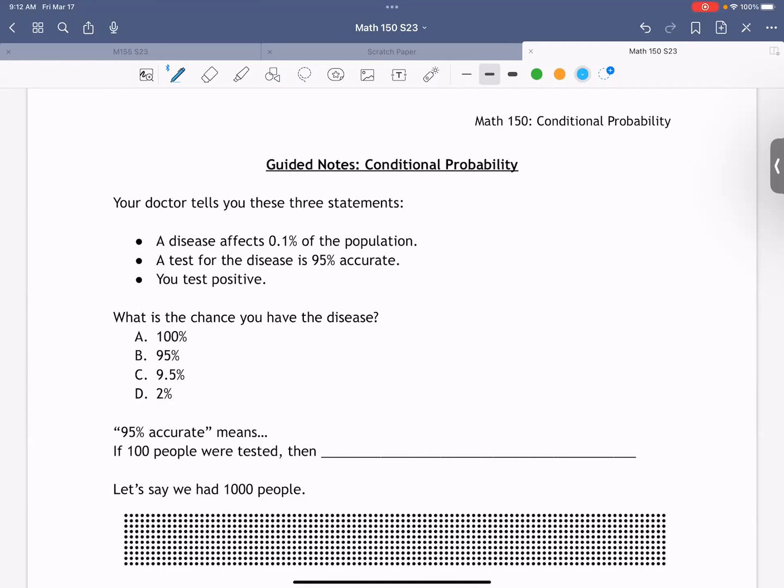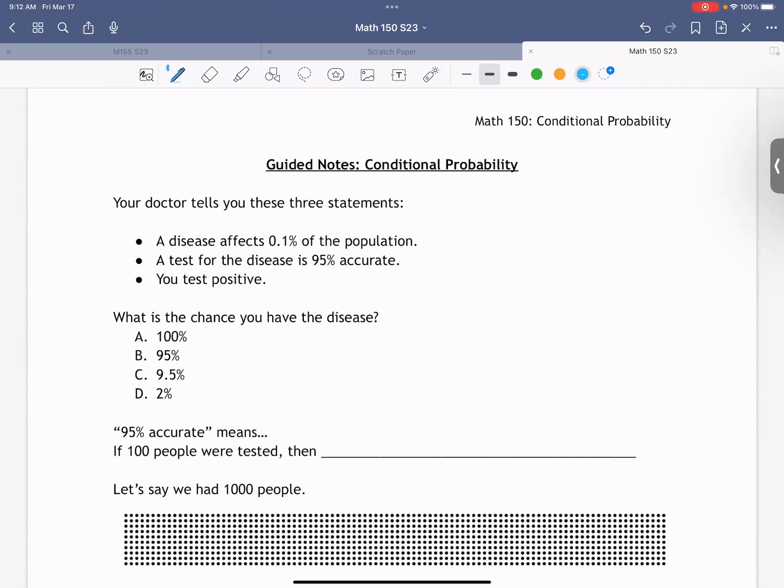All right, so we're going to start a new section. It's called conditional probability. And this section is so weird because, first of all, it's the hardest thing to understand intuitively. It's very, very unintuitive. And I'll tell you what I mean when I say this. But once you organize the information in a particular way, this becomes the easiest section. So very hard at first, but once you figure out what to do and how to organize your information, it becomes super easy.